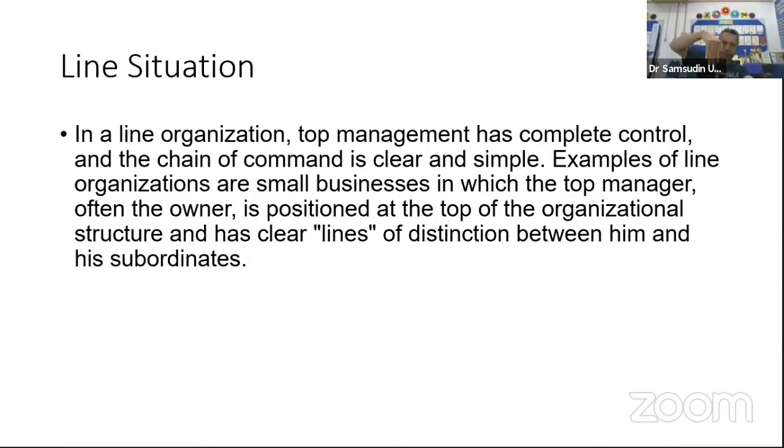There is a direct relationship, a direct link between manager and subordinate in this line situation. For example, it depends sometimes on the size of our business. In a small business, you can see it very clearly. There is an element of control by management. There is an element of target achievement. There is a daily target, a monthly target, a yearly target. And there is an evaluation of productivity. There's a calculation of productivity daily, monthly. All these activities show the line situation.